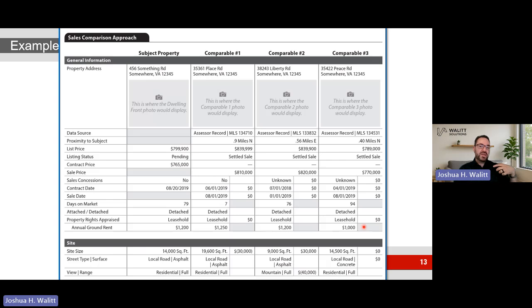So the technical specs dictate when certain rows will appear, and that speaks for the whole report as well. The technical specs dictate when certain fields and sections will appear as well, not just related to the sales comparison. We have the site size here. We have the street type, view, and range, just like we did on the first example.